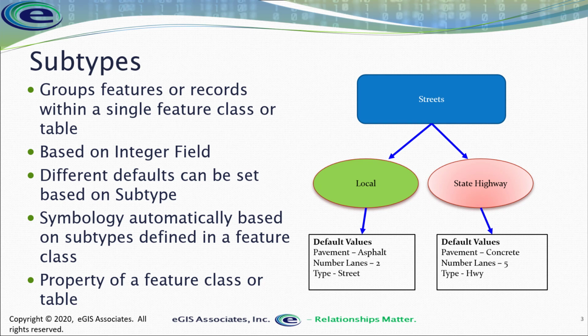And you're thinking, well, why would I want to do that? What's the purpose of being able to create these subcategories within a single feature class? Well, there are a lot of different reasons. First, I may have different default values depending on the classification or the group that a certain feature is in. So you can see here on the slide, I've got an example where I have a streets feature class, right? Well, depending on who owns the street, is it a local street, a state highway, a federal